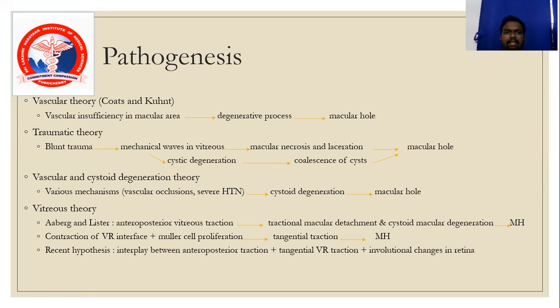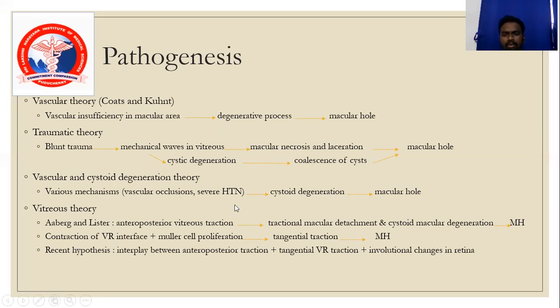occurred to the eye can create a mechanical wave at the level of the vitreous, or it can cause a cystic degeneration of the vitreous, which in turn can lead to either a macular necrosis or coalescence of the cyst, which in turn can lead to a macular hole. What about the rest of the theories? Yes, we do have a theory called the vascular or cystoid degeneration theory, which is nothing but the presence of